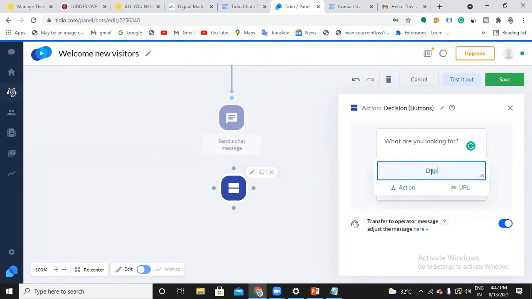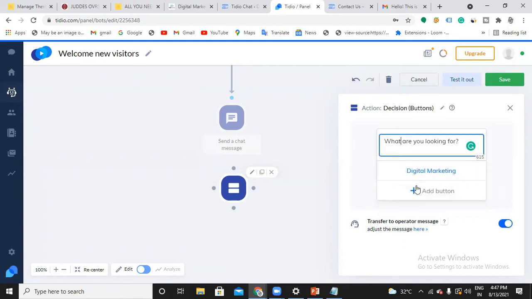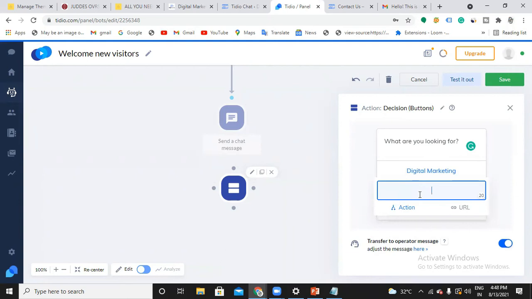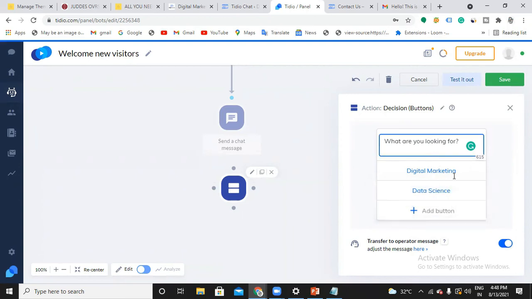So let's say I'm providing two trainings over here. One is digital marketing, and one more thing is data science. So that people can choose any of these options. So like this, you can ask a multiple choice.